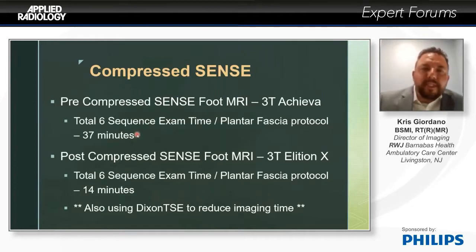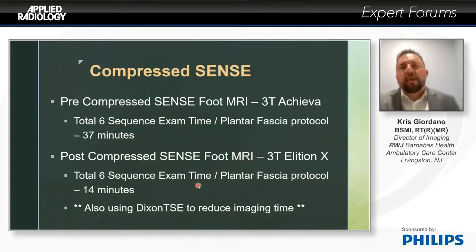37, almost a 40-minute scan time on our previous system. Applying compressed sense, 6 sequence exam time, we're looking at a 14-minute total exam time for a foot MRI for a plantar fascia protocol. I think we're using 12 minutes for an ankle. We're also using a time saver of the Dixon fat separation turbo spin echo base to reduce imaging time. A great method that we can